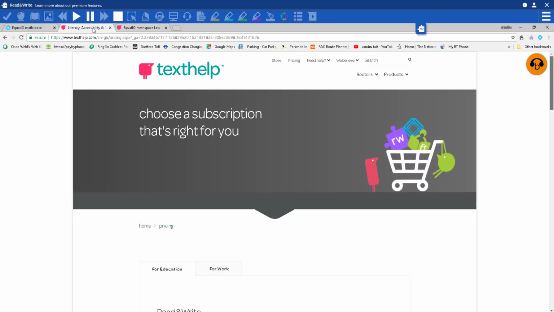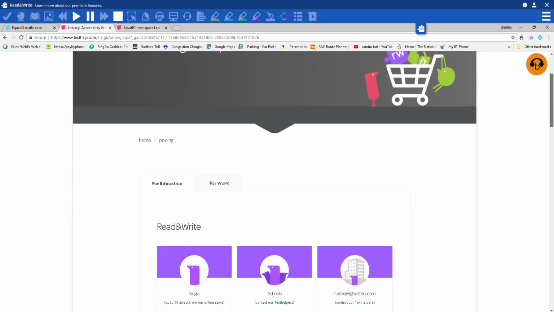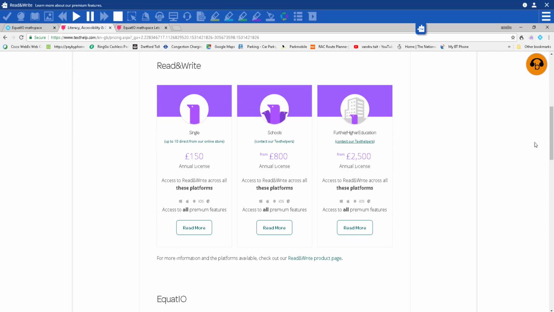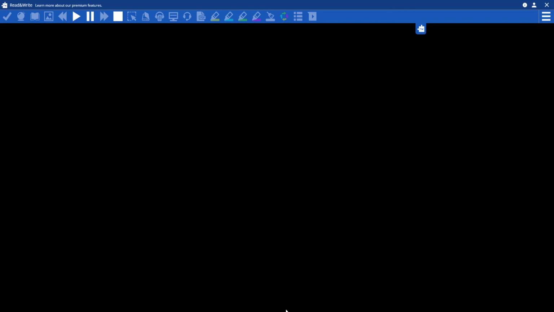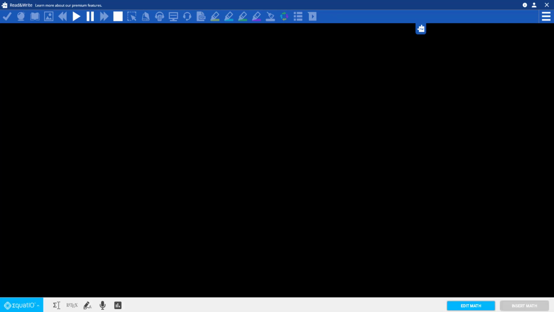Also, if I click here, you can choose a subscription. So if I scroll down, you can choose whether you want the Read&Write option. You might not want that, or you want the EquatIO option there as well. So I'm going to minimize that. I've downloaded it and installed it. I'm going to open it now by left clicking, and it will insert itself at the bottom for you automatically